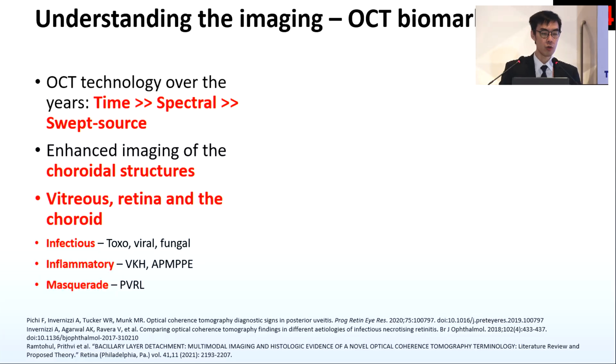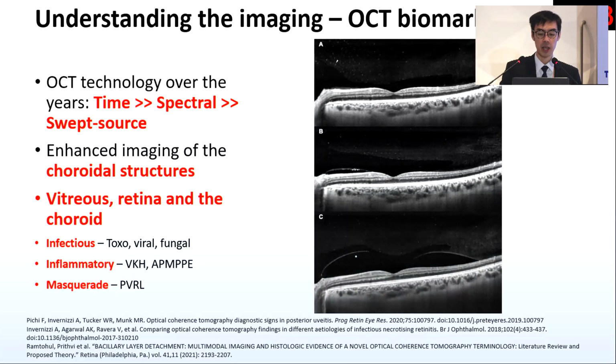Now, not only describing the physical changes of the eye, we also need to continuously upgrade ourselves and understand what the imaging is telling us. And here I would like to speak about OCT biomarkers. This diagram shows you how far OCT has come. Right now, OCT is an instrument that can enable us to image from the vitreous all the way down to the choroidal scleral interface. And there has been much work by very intellectual people in these fields trying to give clues to the etiology of uveitis patients through OCT biomarkers.